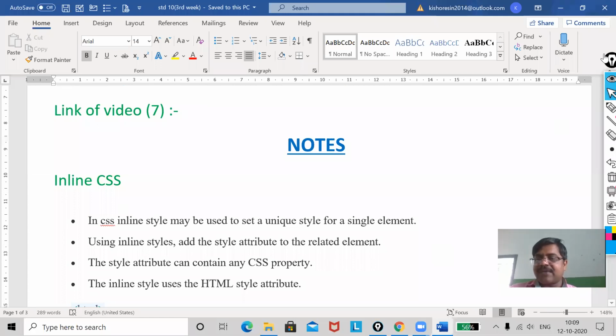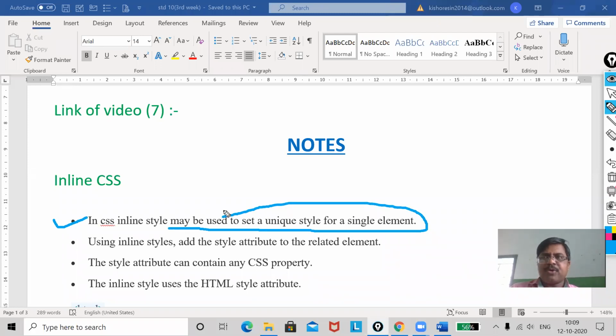Now, first of all, you have to know four things. First one, in CSS inline style may be used to set a unique style for a single element. If suppose I am having a single element, now it is for a single element. That means if I want my